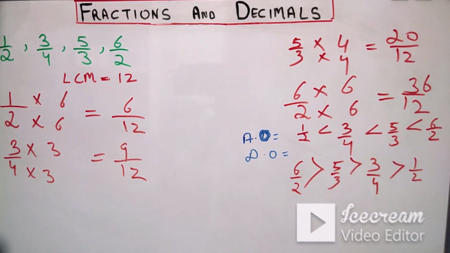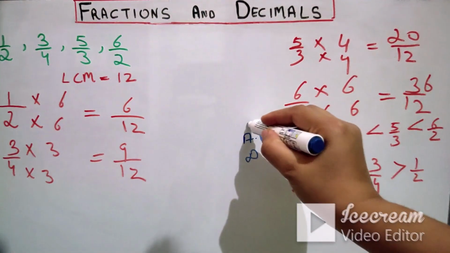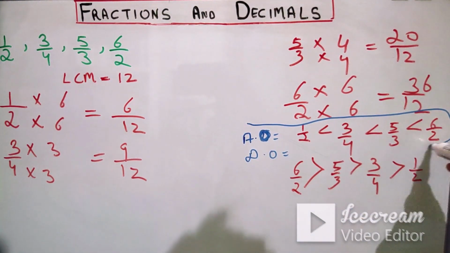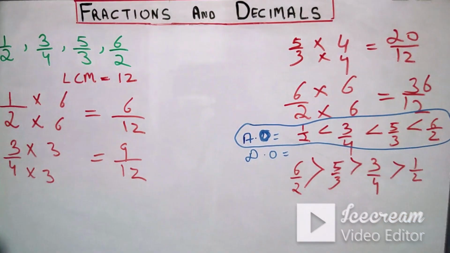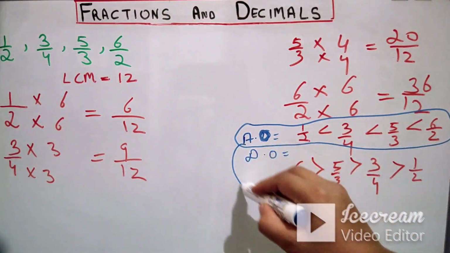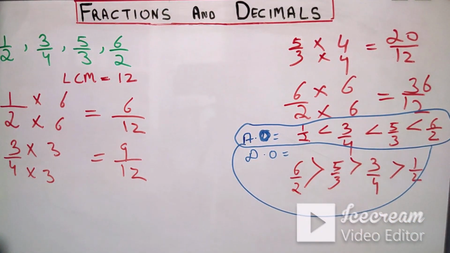I'm sorry, it's looking very messy over here, so I'm just separating it like this. So we have the ascending order, this one, and the descending order, this one. I'm sorry. From next time I'll try to make it cleaner and nicer, but I hope it can be easily understood by you. So this is the concept of ascending and descending fractions.